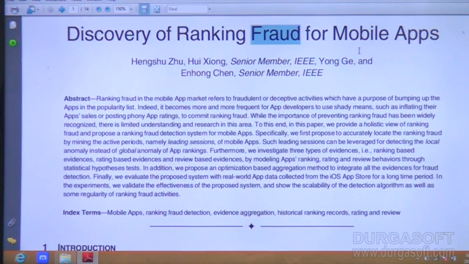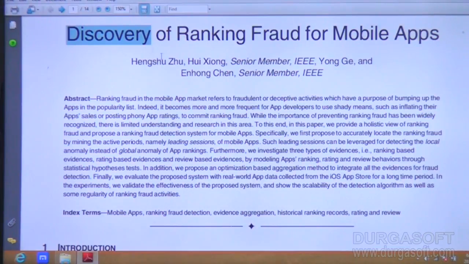So whatever strategies we are following for fraud ranking, particularly in ranking mobile apps, we have to avoid them. Before avoiding, we have to discover.